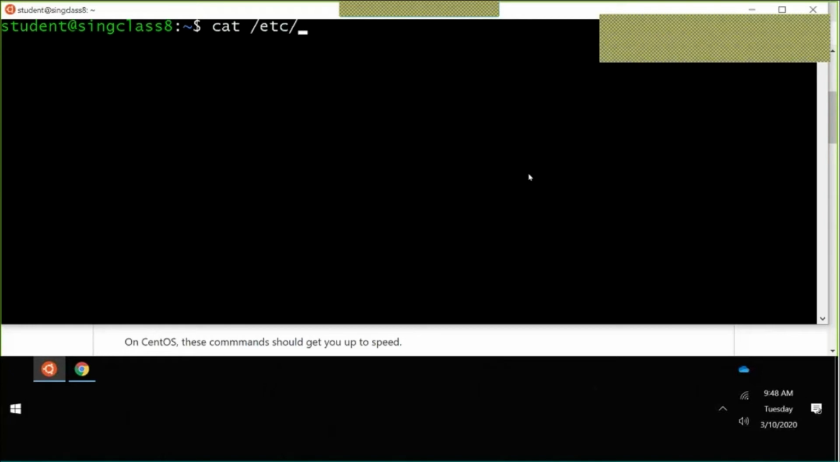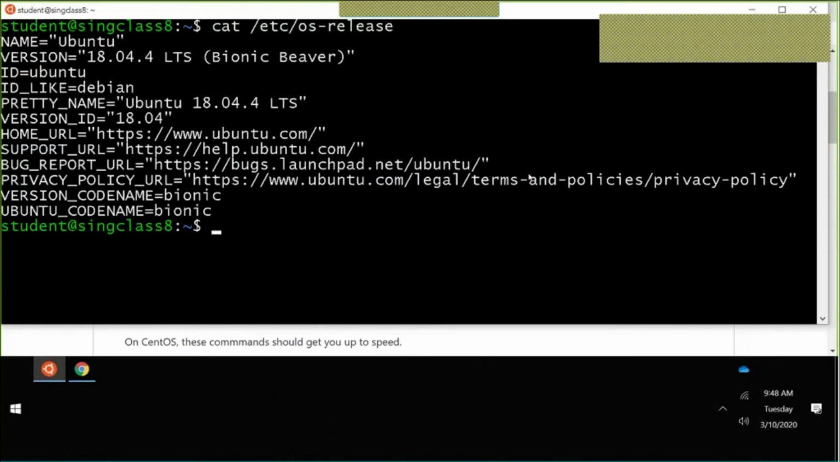If you look at your virtual machine, you'll see that you're running Ubuntu 18.04. That means that the package manager,